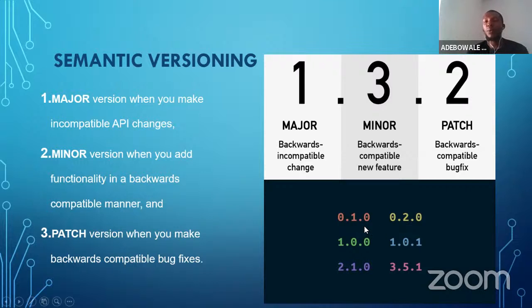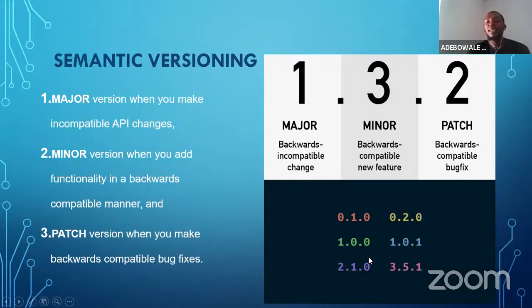When there's a release of a new version and you see that the second part has changed, you definitely know that this is a minor change that has happened to this software, a backward compatible new feature. And generally, nothing will break in the software. You can continue using the software. Some things have changed, but they are usually backward compatible new features being added.